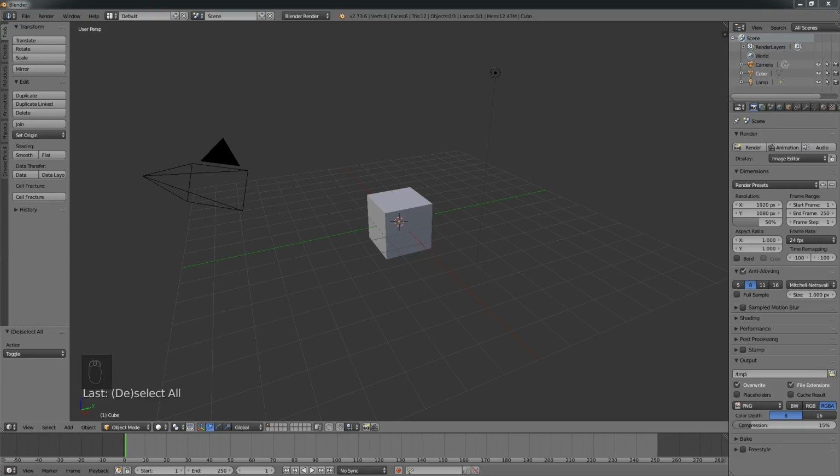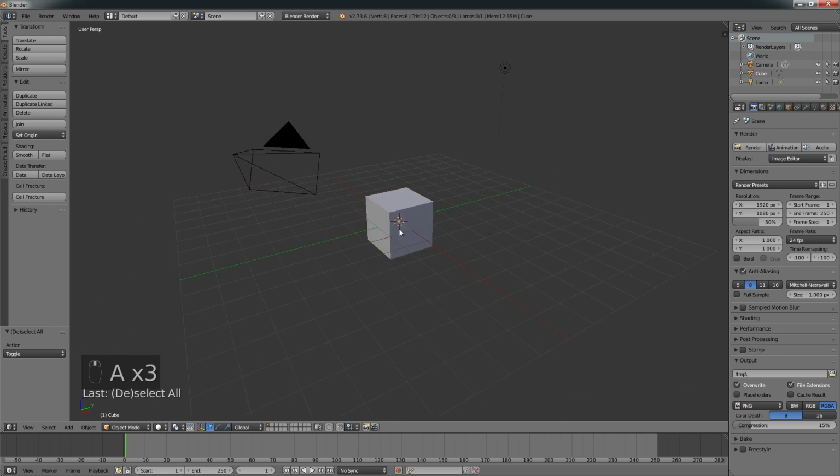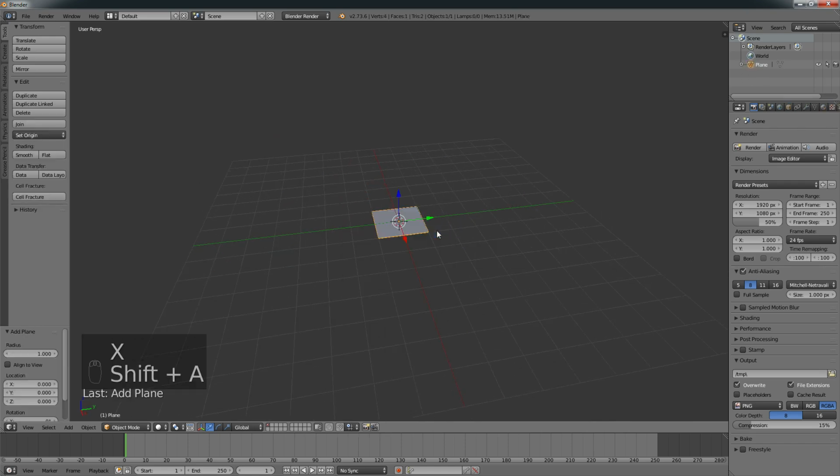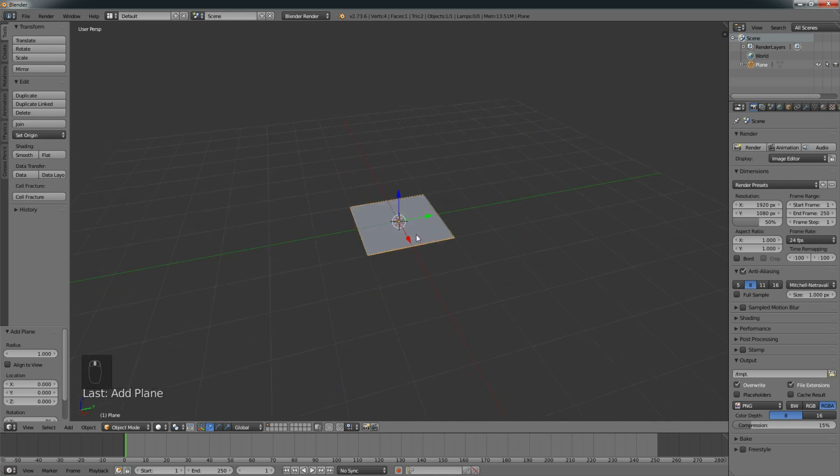Hi there, in this video I will be showing you how to easily create hand-painted tileable textures using Blender 2.73. With our new scene we can select all and delete it. We're going to add a plane to our scene that will serve as our texture painting canvas, and in edit